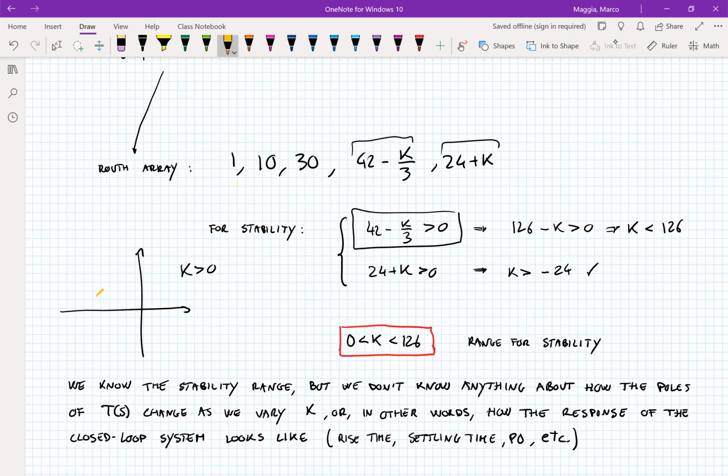Where are they exactly? We don't really know. They might be right here, or they might be a little bit in other locations. We don't know. They might all be real. We don't know that yet. And that's why we're going to develop the methodology known as the root locus to find exactly all the possible locations. So we're going to find some lines that represent all the possible locations of the closed loop poles as we change a parameter, that is k.